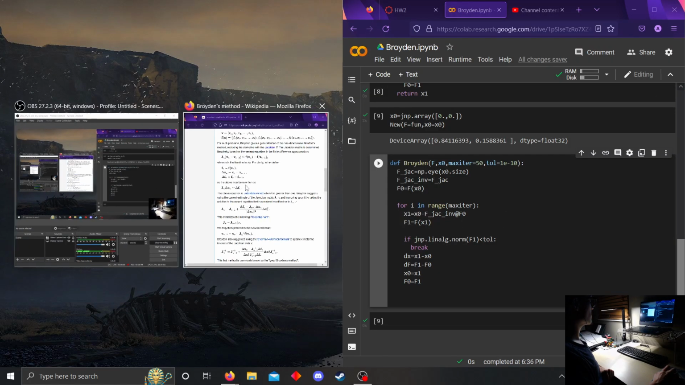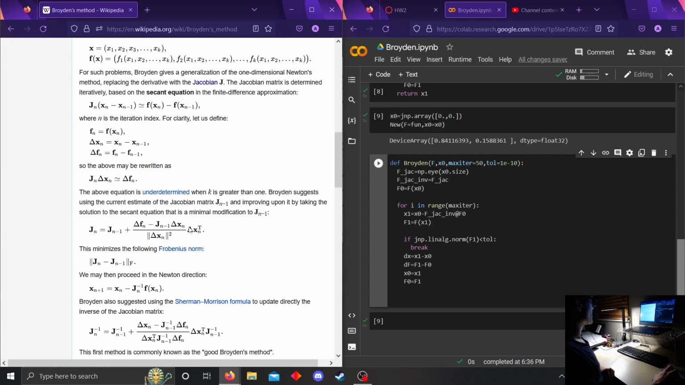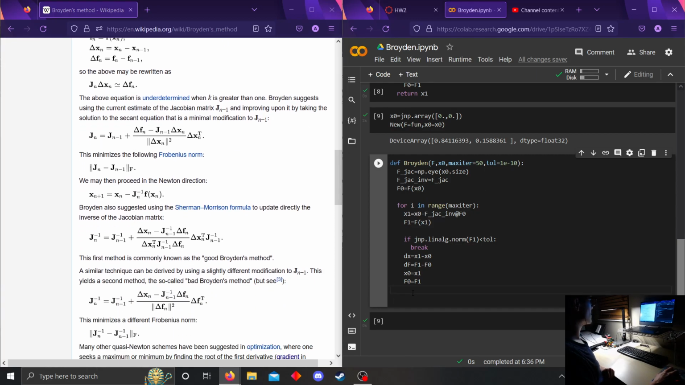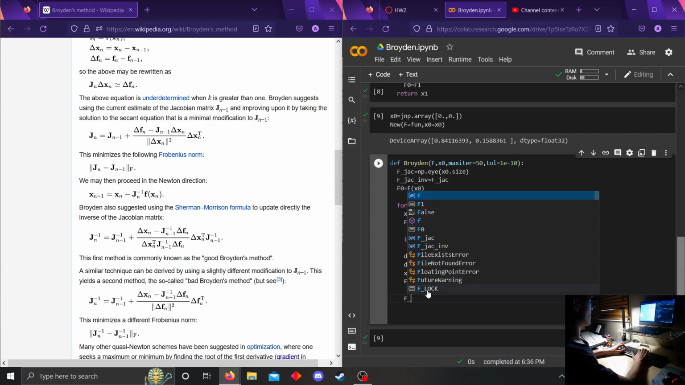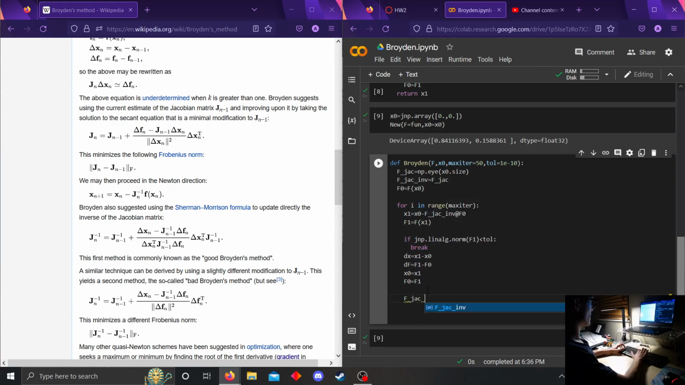So we have that there. Okay. So what I basically just want to do is copy this into here. And what we're going to say is f jac inverse. So the new Jacobian inverse, actually I'm just going to copy this because we're going to be typing this a lot. So it's going to be equal to the current inverse of the Jacobian plus,